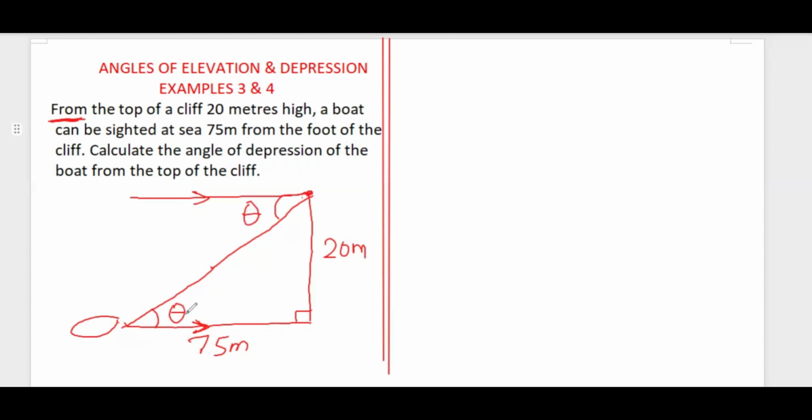And to get this, opposite to this angle here is 20, and this side here is adjacent. So invariably we're using tangent here. That will now be TOA. So tan theta equals opposite, which is 20, over adjacent, which is 75. So we have tan theta equals, use your calculator to convert 20 divided by 75 to decimal. We have